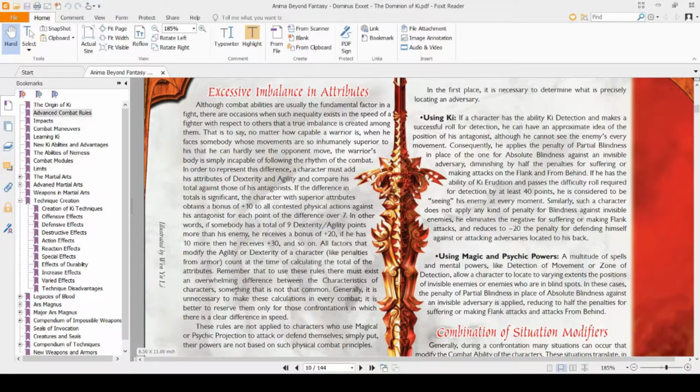A good example of this is an excessive imbalance in attributes, where if you fight someone who just has way better stats than you, they get bonuses against you, basically. But the differences have to be huge. Like you need to have at least